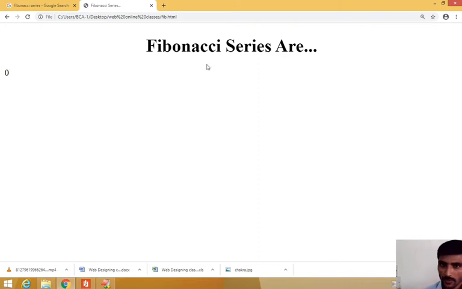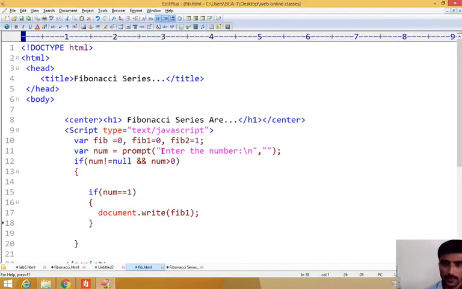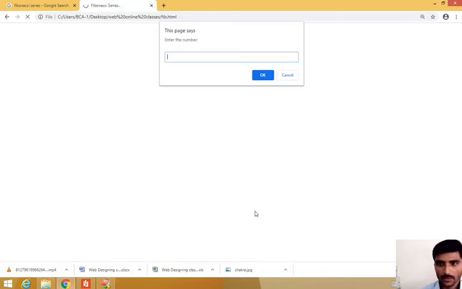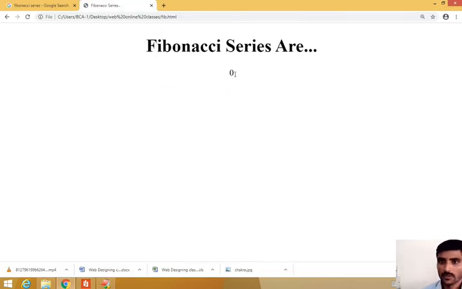If you want to print below this one, you have to make it centered. So how to make it center here? Within double quotes, you already know Java code. If you want to write strings, within a double quote you have to write like this. Here also we are writing string plus, if you want to join two strings, so again you have to write like this. What you have to write here is center, then save, come back, reload 1. See now the value comes in center, 0, the Fibonacci 1 equal to 0.